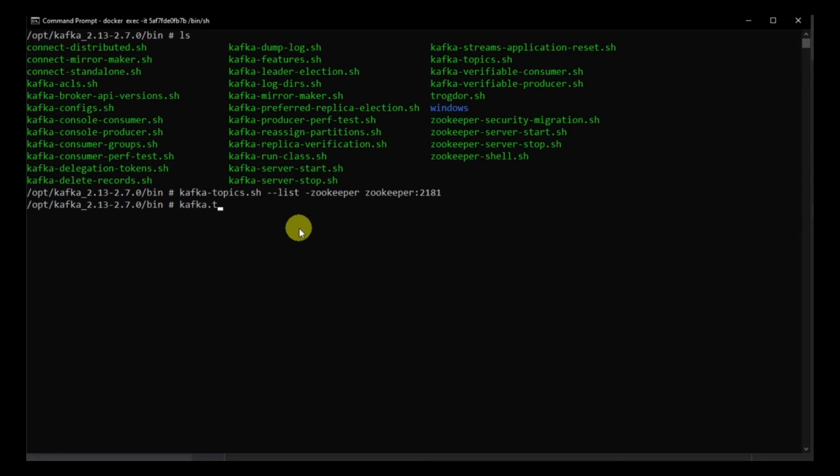Kafka-topics.sh, and then we are going to give the create command, and then we are going to give --create and specify the Zookeeper instance. It's always required.